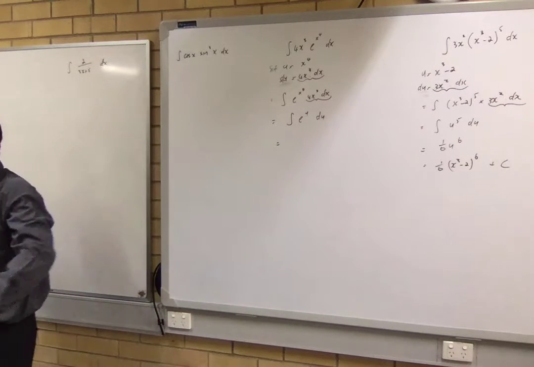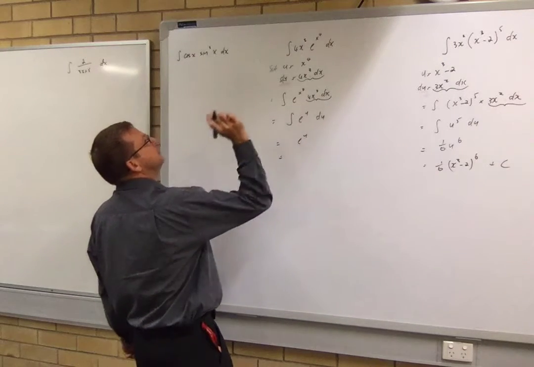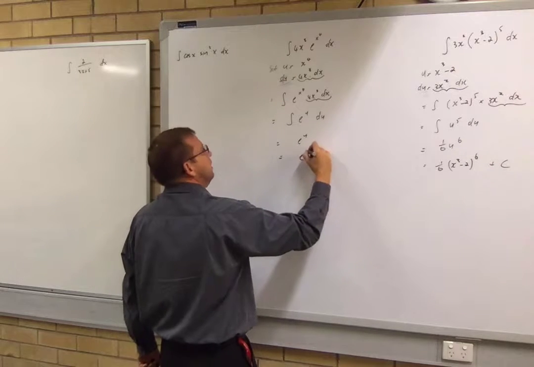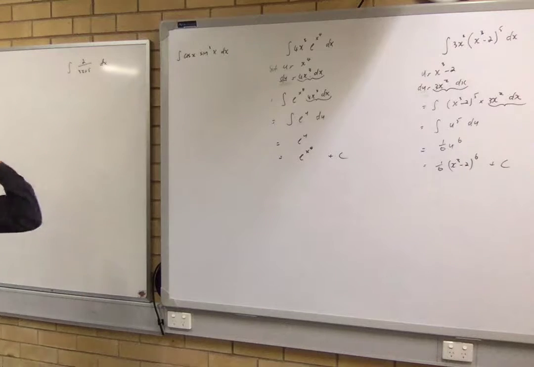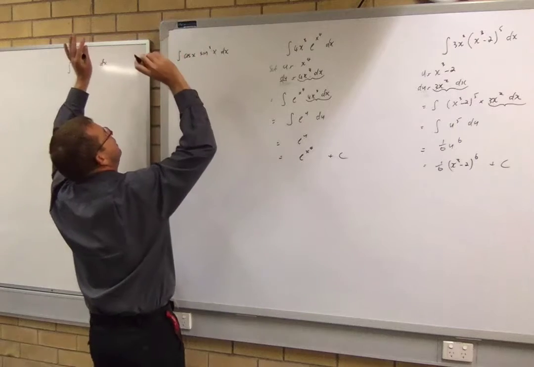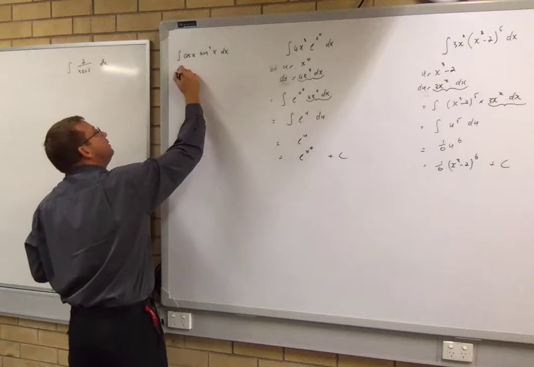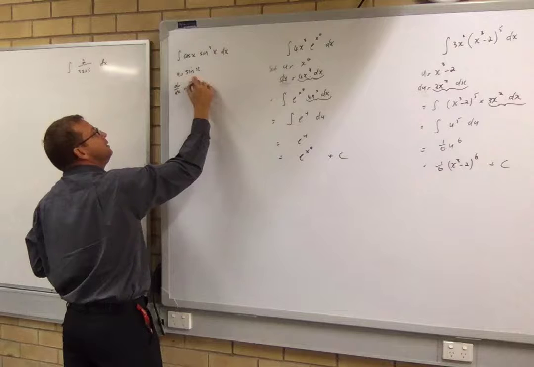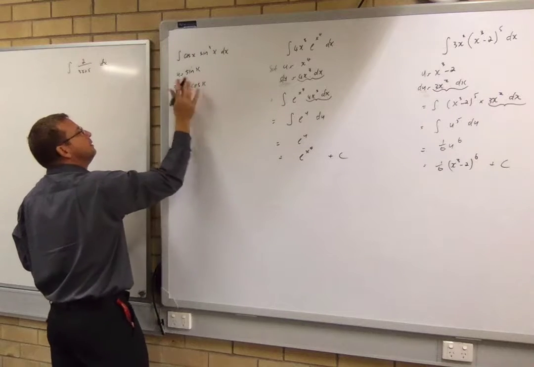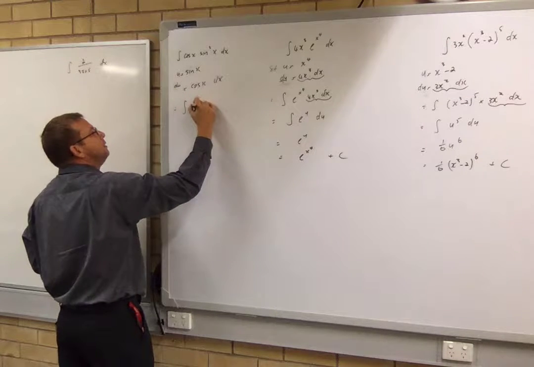What's the integral of e to the u? E to the u. And u is... so they're pretty straightforward. You just got to get the substitution right. U equals sine x, because du dx will equal cos x, so dx, so the integral will equal